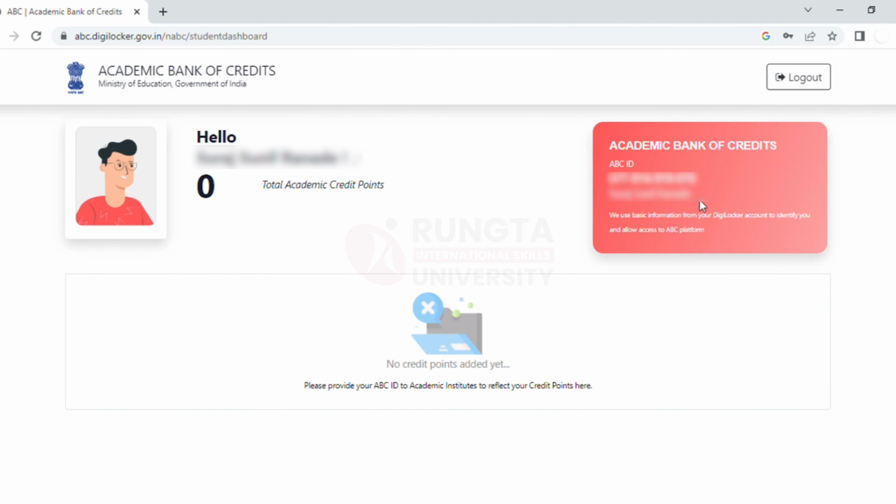So that's it. That's how you create your ID on ABC. So guys, finally your ABC ID is created, and you should share this ID with your respective colleges